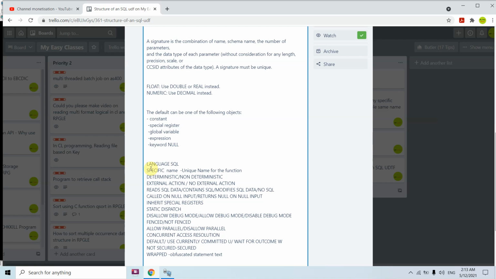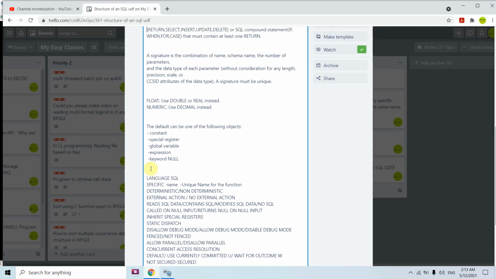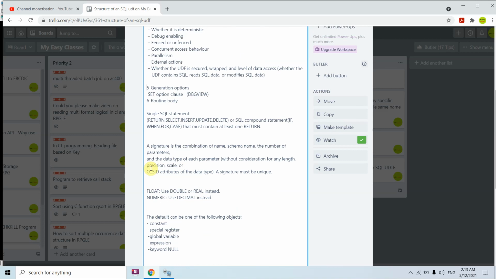Okay, so this basically comes with the fifth option, the generation option, that is the set option clause.